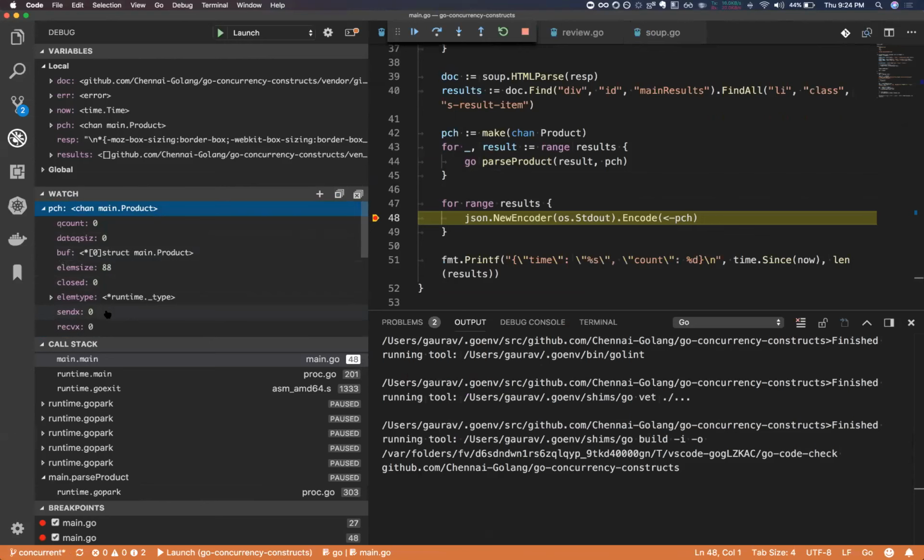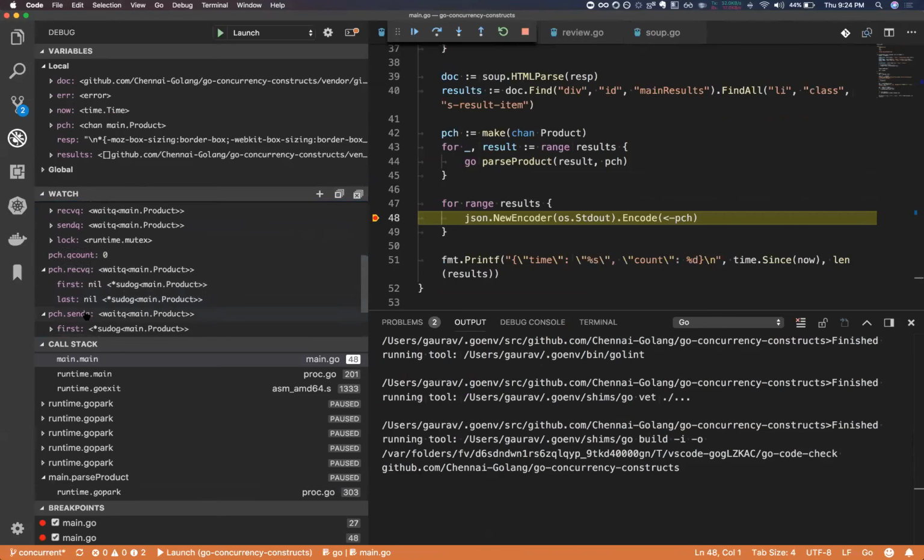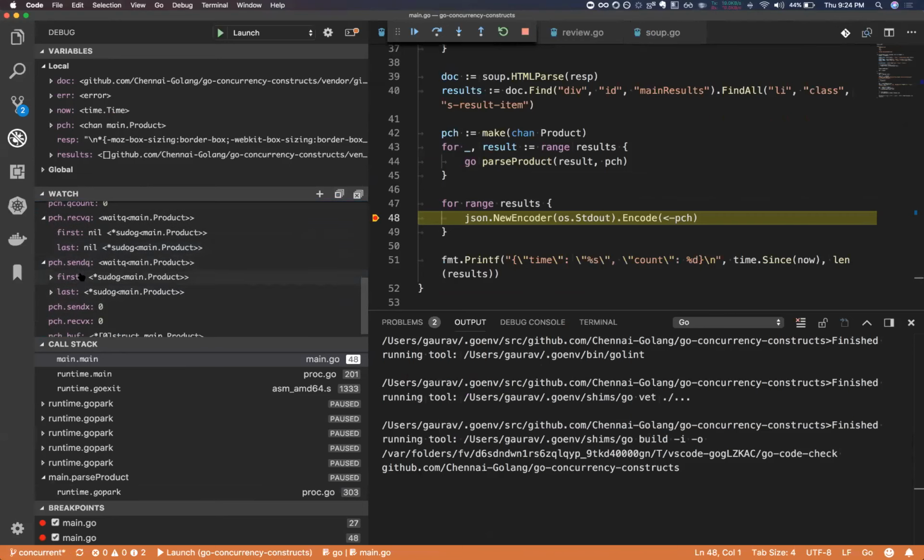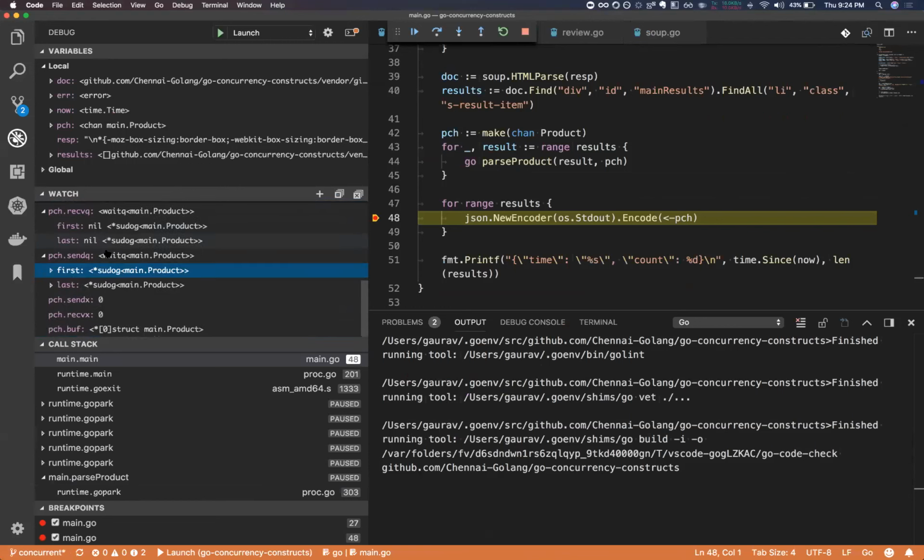The way it works in the unbuffered channel is that the receive queue and the send queue do the job. The send queue and receive queue directly hold the value. So the send queue already has the information from where it's going to pick the next value, which goroutine has the value. That information is available inside this hchan struct. So it does not actually use the buffer at all. That's why the queue count and data queue size will always be 0. It just short circuits it by using the send queue.